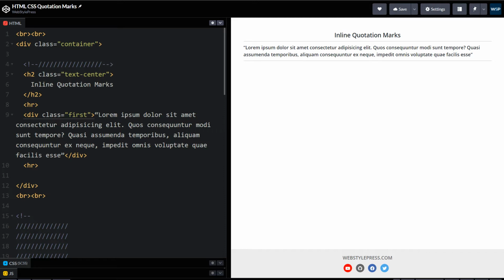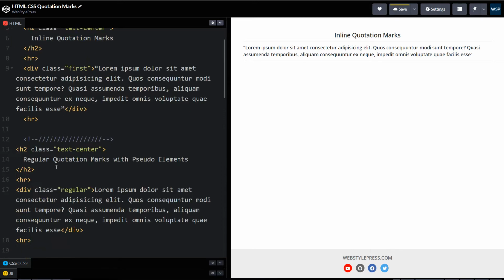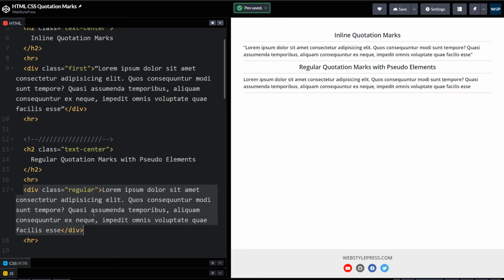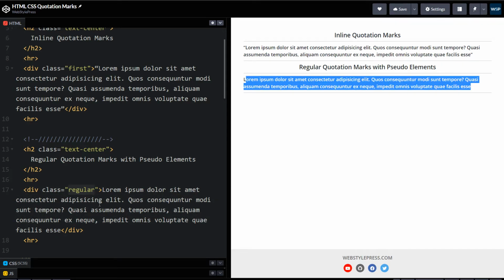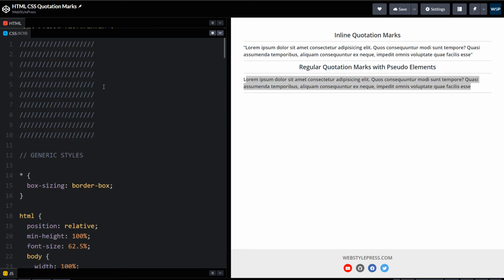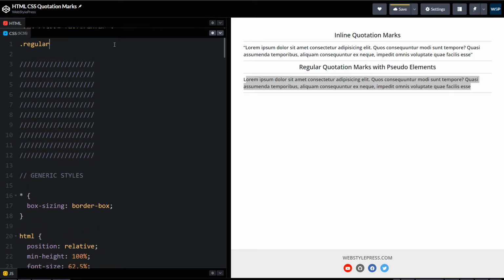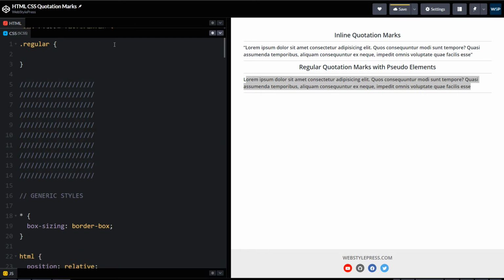Many devs use before and after CSS pseudo elements to add quotation marks to a paragraph. For example, here is another paragraph with class regular. This is my CSS area, regular. Let's apply some styles.